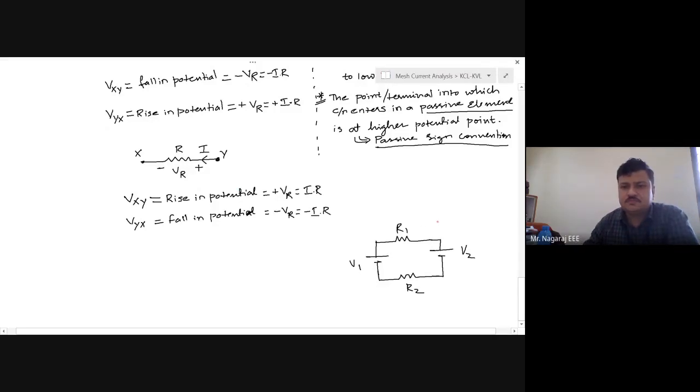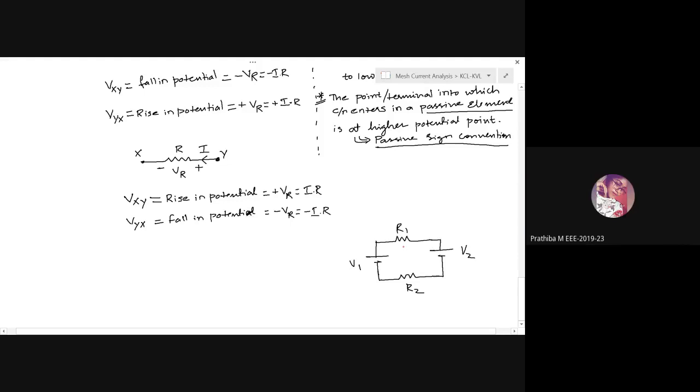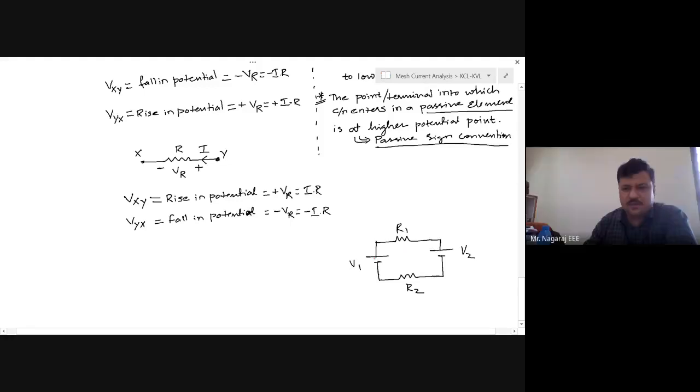Should I consider V1 coming out of the main current? Because there is only one closed path, there should exist only one current. Now is that current in a clockwise or anti-clockwise direction? Depending upon the magnitude of the voltage values. But since I don't know exactly the magnitude of V1 and V2, I have to assume the direction of the current.